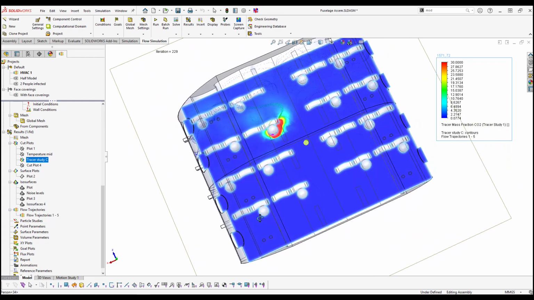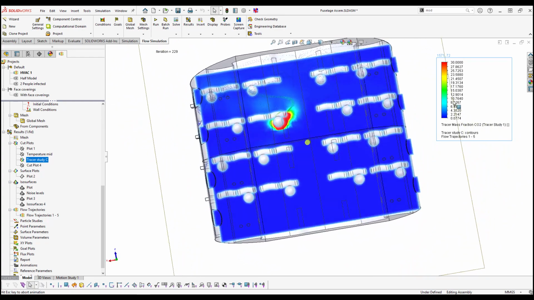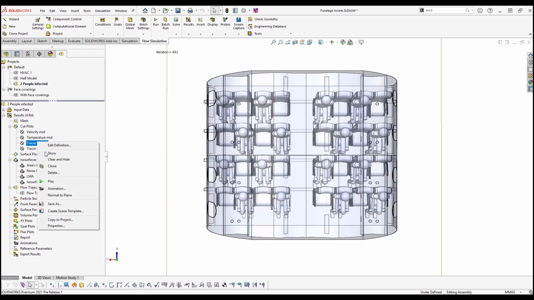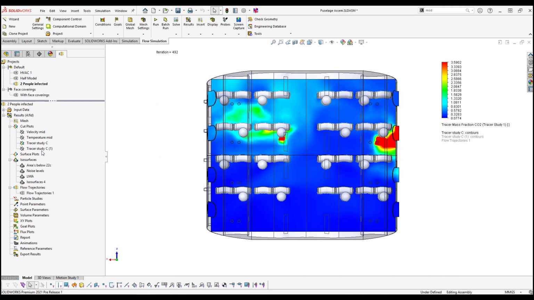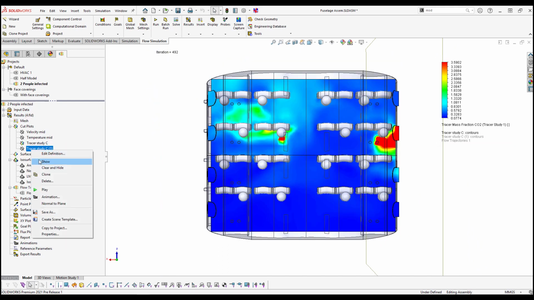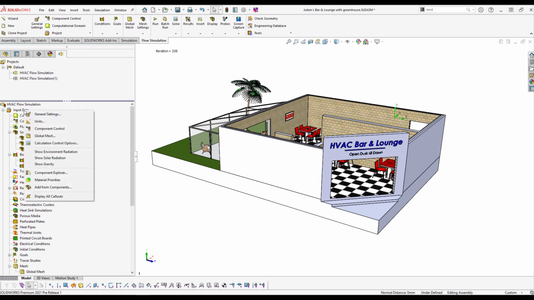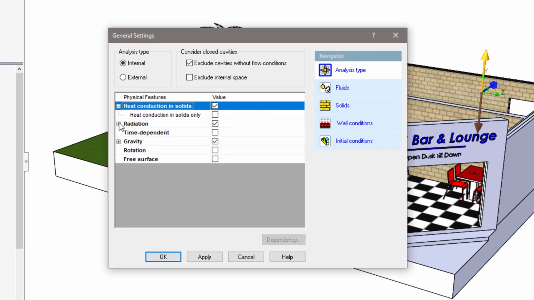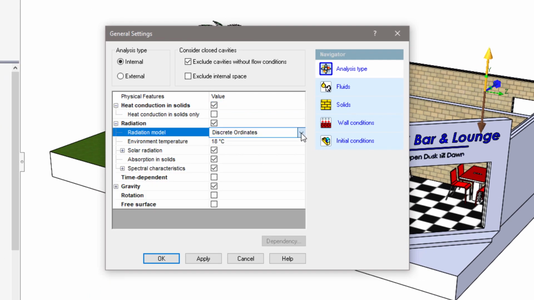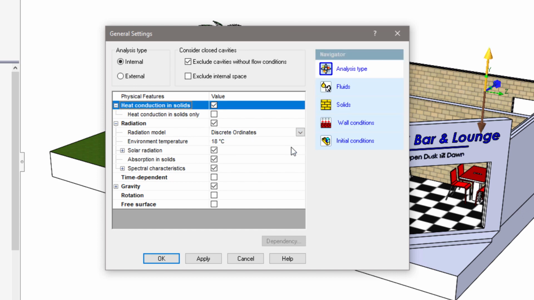But beyond this, we can study multiple tracers in one study, so we can clone the tracer and then release more contaminants into the air to see what would happen over the time period, and work out how we can best modify our air conditioning system to suit. But as well as these comfort parameters, tracer studies and the advanced material library, one of the other main features of the HVAC module is the advanced radiation method.